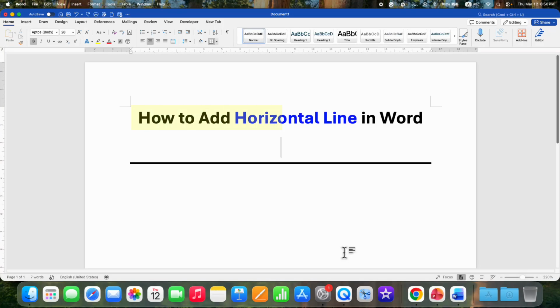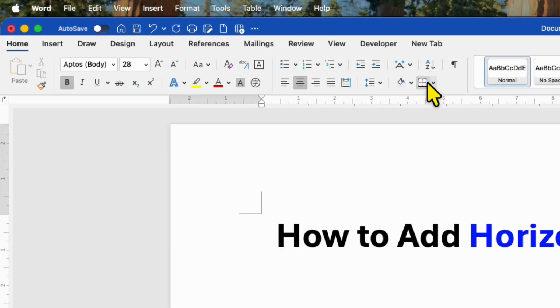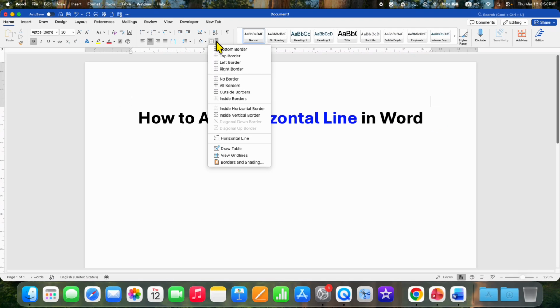In this video you will see how to add a horizontal line in a Word document like this. It's very easy. First, under the Home tab you need to click here on the borders option drop-down, and